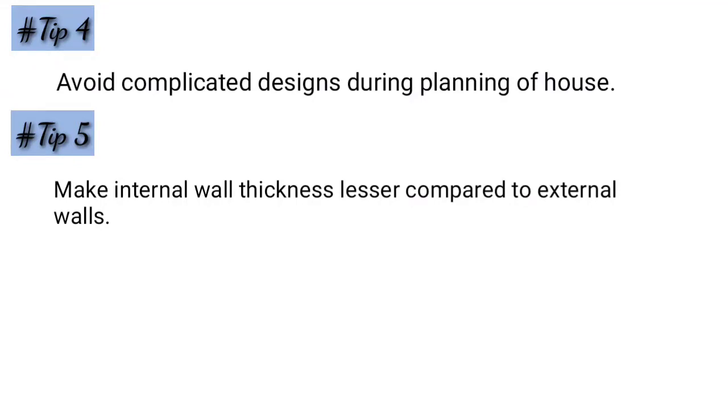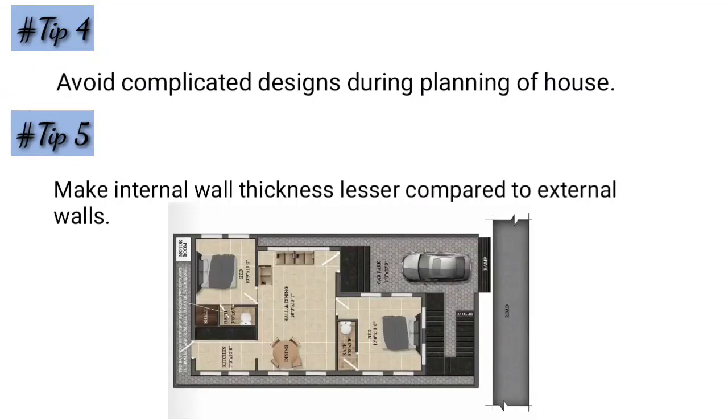Tip 5 is about providing less thickness for internal walls compared to external walls. That is, most clients prefer to have 9 inch thick walls not only for external walls but also for internal walls. If you are going to construct the building with a framed structure, then you do not need to provide 9 inch thick walls for internals, but we can provide even 3 inch thick walls or some panels to divide the area into rooms. So to cut the expenditure, we can provide thinner internal walls compared to external walls. And also by providing thinner walls, we can get more carpet area, which is more beneficial for us.